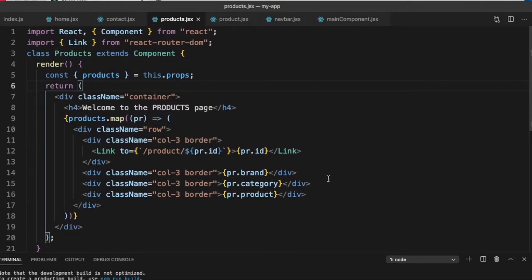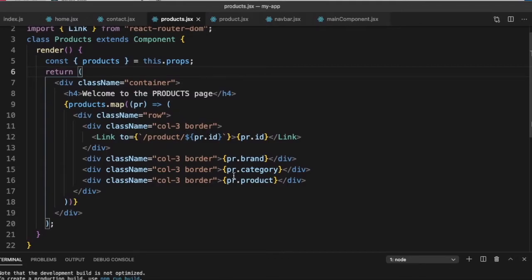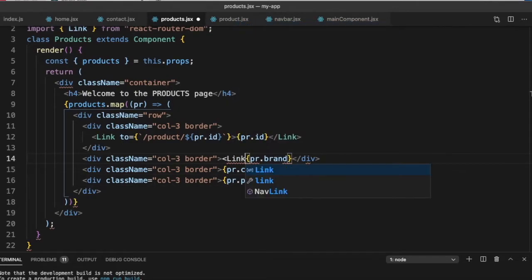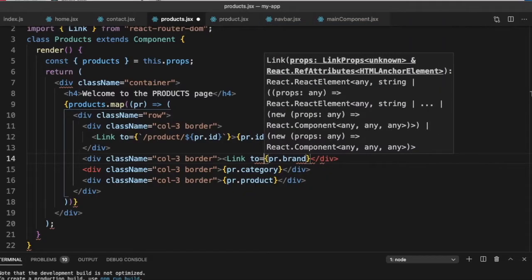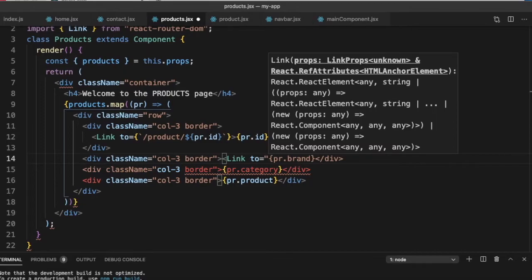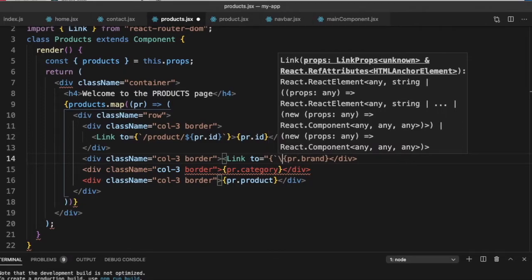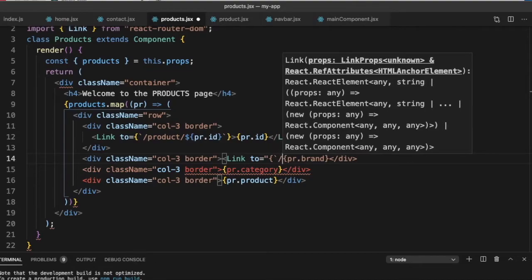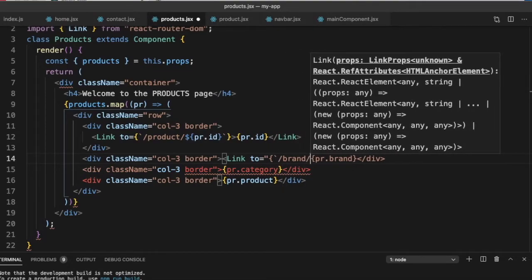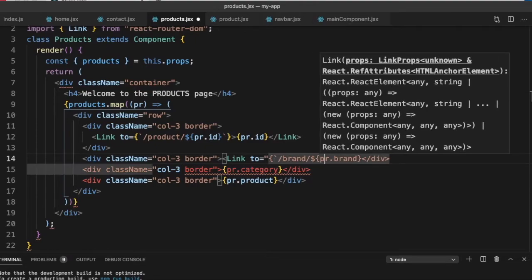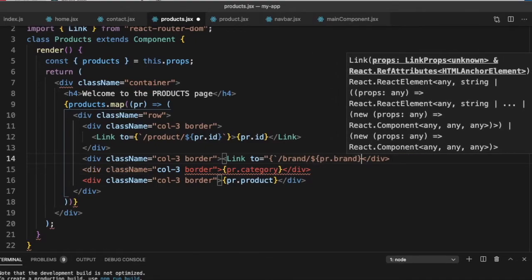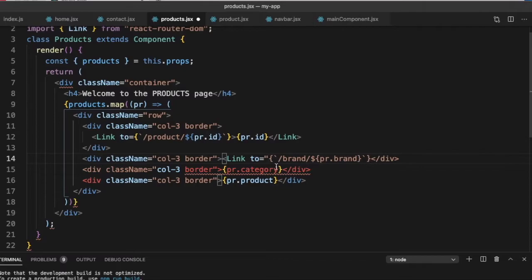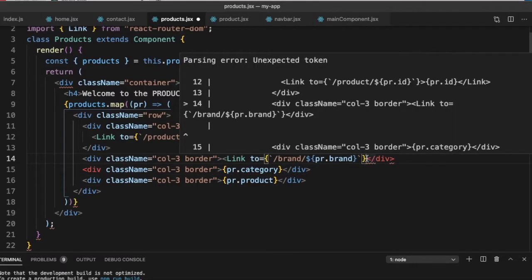So the first thing let's do is that in our products page, let us just create the link. So for the brand, let's create the link. Link 2 is equal to, and we will use our backtick /brand. And what's the brand name? It will be this value ${pr.brand}. So this will create a link.